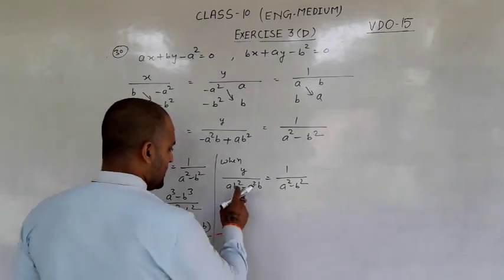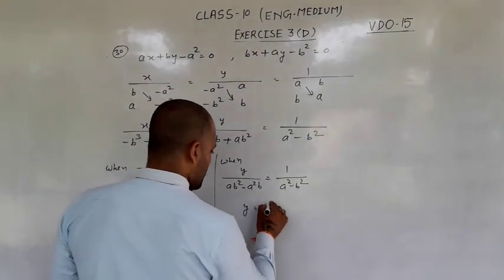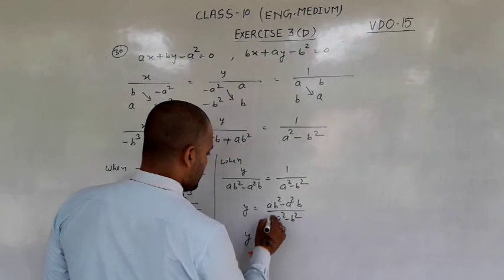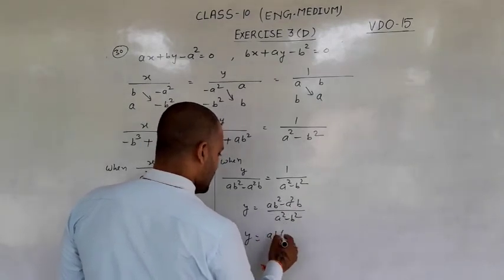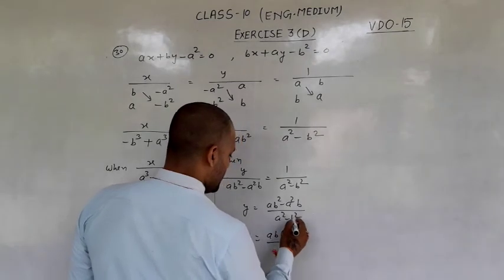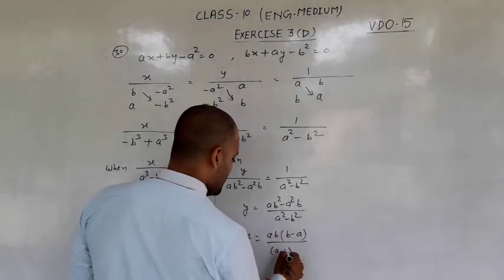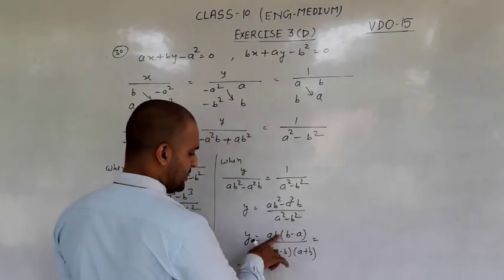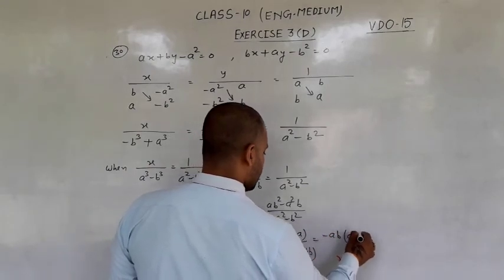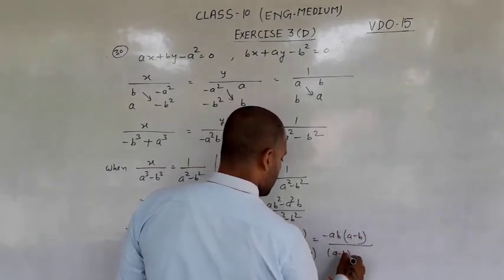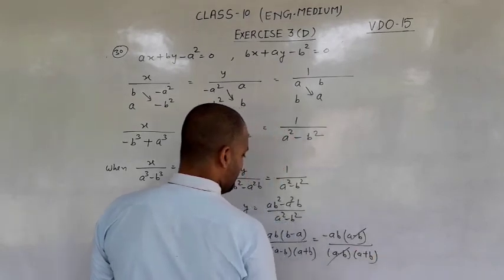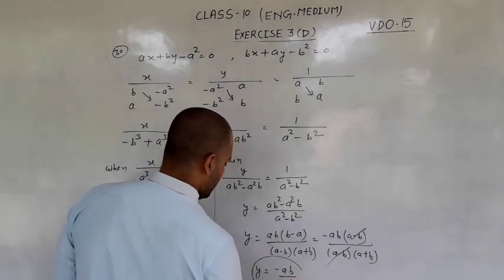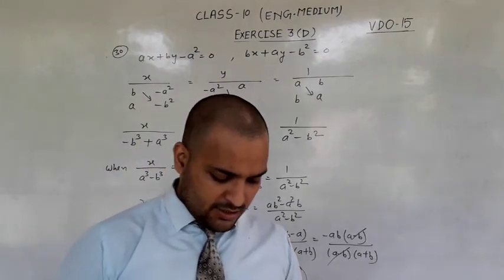Okay, now here we are forwarding here, that is ab square minus a square b upon a square minus b square. The common factor is ab, so that will be b minus a. Here apply the identity a minus b, a plus b. Now see, that is b minus a, that is a minus b, common minus sign. That will be a minus b upon a minus b, a plus b, a minus b cut. That is your answer. y is equal to minus ab upon a plus b is the answer. This was the solution of these equations.